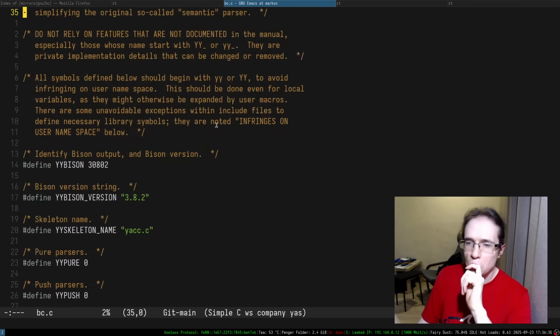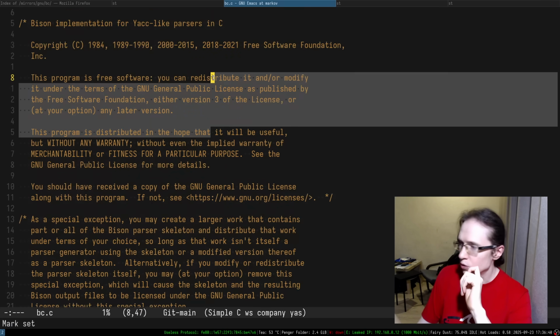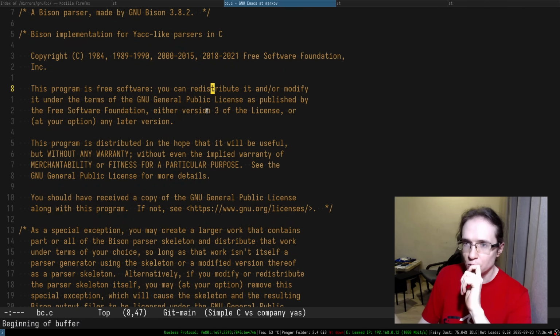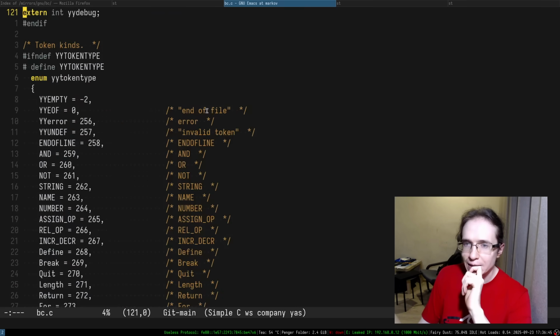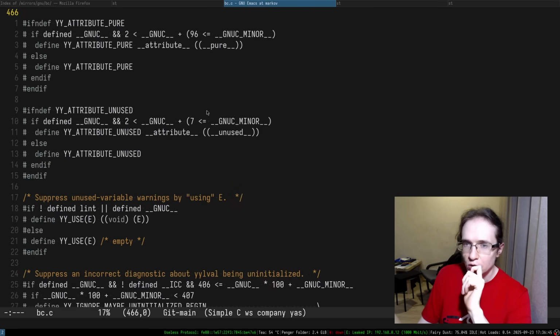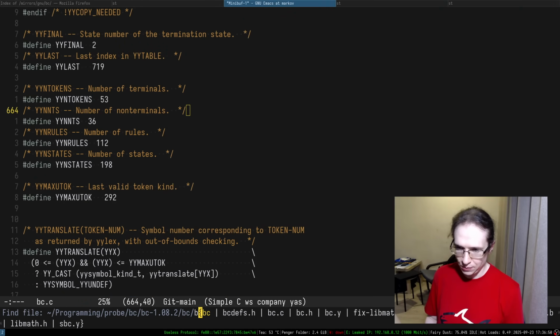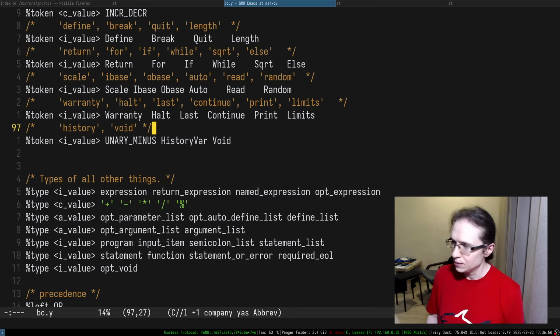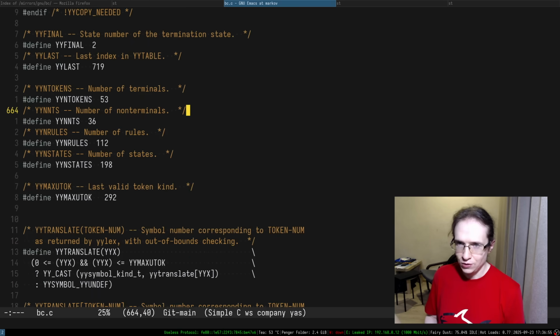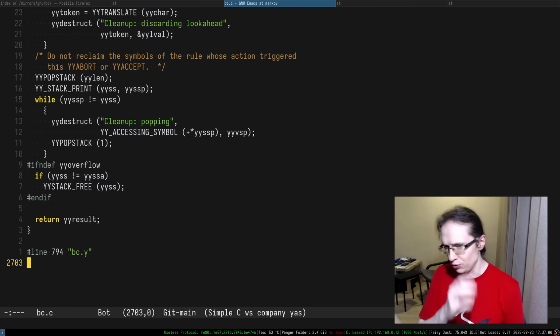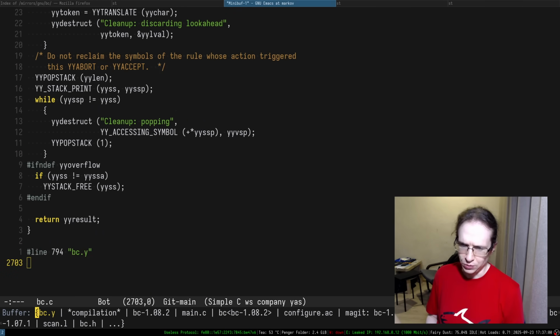Okay. So it is generated. Yeah, so it is generated. So if I want to make any modifications, I probably have to make them in BCY. Right. In BCY, because that is not, yeah, so it's 2000 lines of code, that is not that much, but,